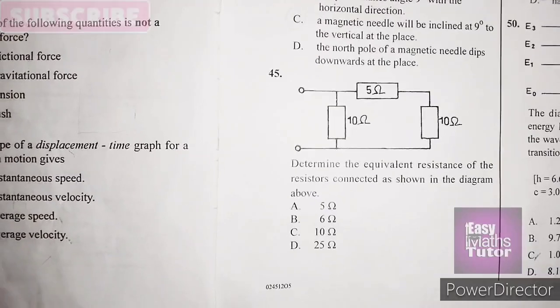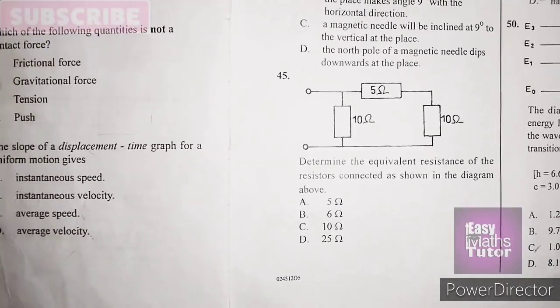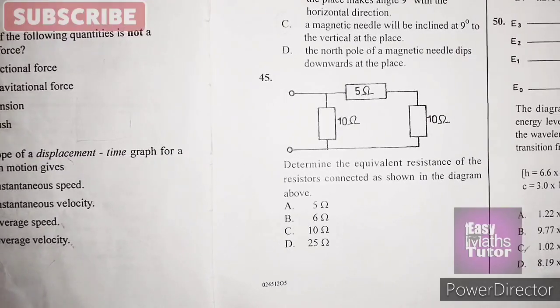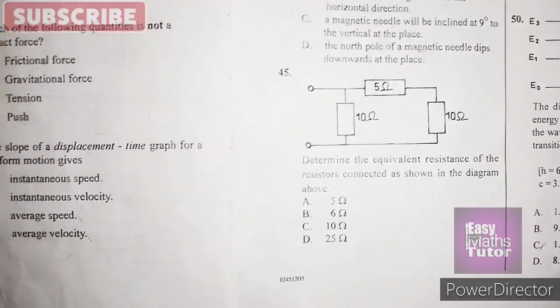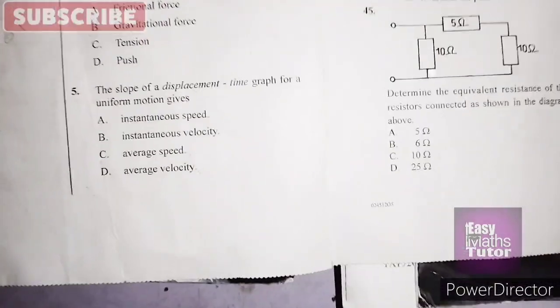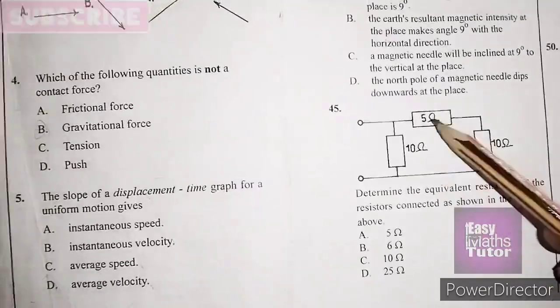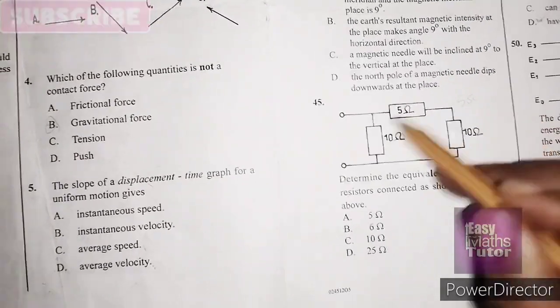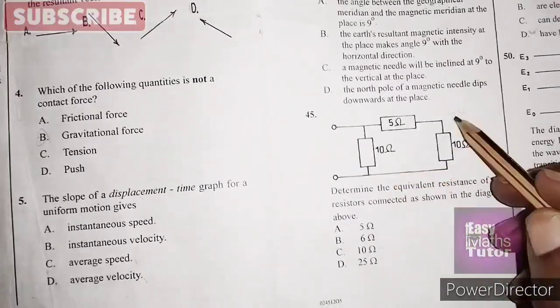Then question 45. Determine the equivalent resistance of the resistors connected as shown in the diagram above. So, I will add up these two, giving me 15. Equivalent of 15, right? So we have 2